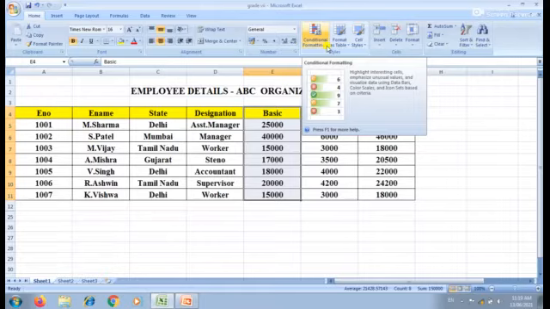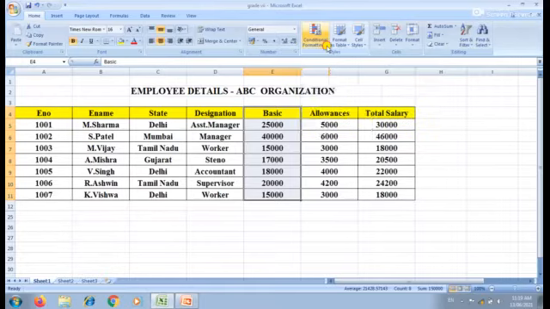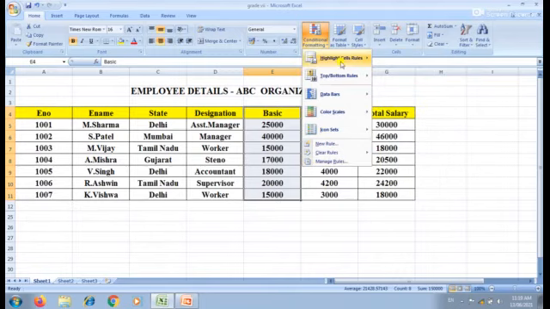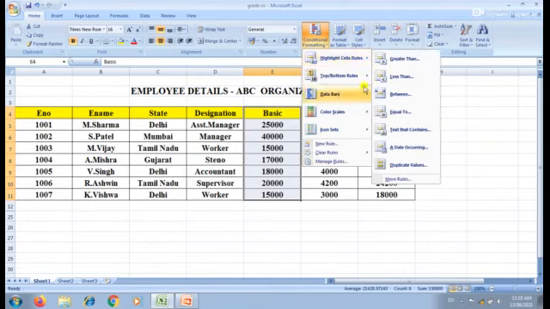In this option it contains a drop down arrow. When you click this, it displays different options. Each and every option has a drop down arrow. When you click this drop down arrow, it displays a sub list.